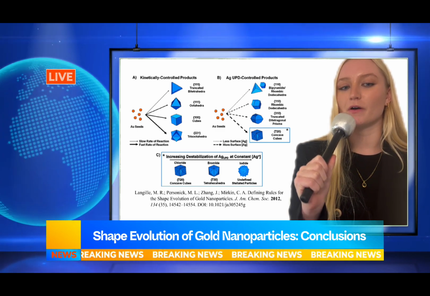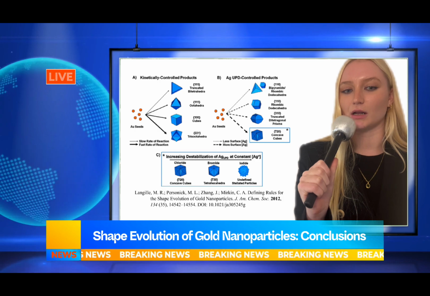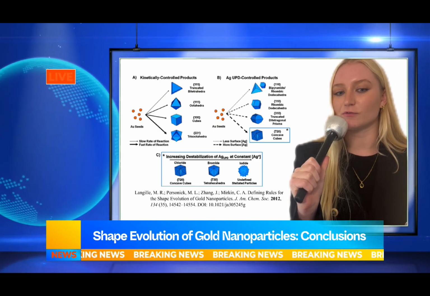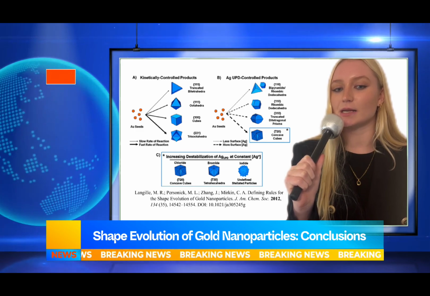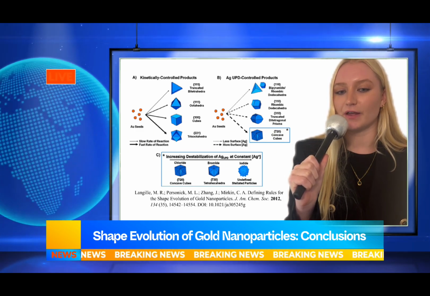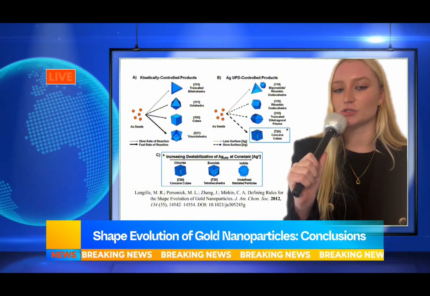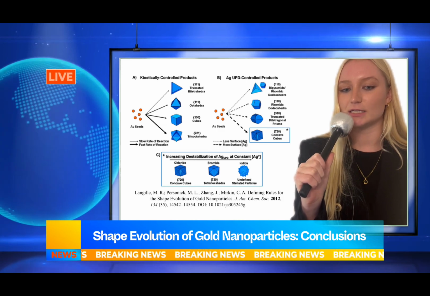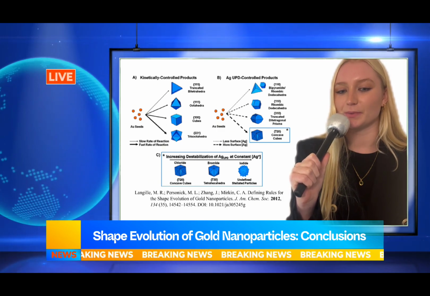First, increasing the concentration of ascorbic acid accelerates the rate of gold reduction through kinetic control. Second, larger halides slow growth by decreasing the reduction potential. Third, in the absence of larger halides, higher silver ion concentrations can stabilize less energetically favorable morphologies through underpotential deposition. Fourth, adding trace amounts of halides either stabilizes or destabilizes the underpotential deposition layer, depending on the size of the halide, meaning that higher energy surface facets can be stabilized with less silver when the silver underpotential deposition layer is